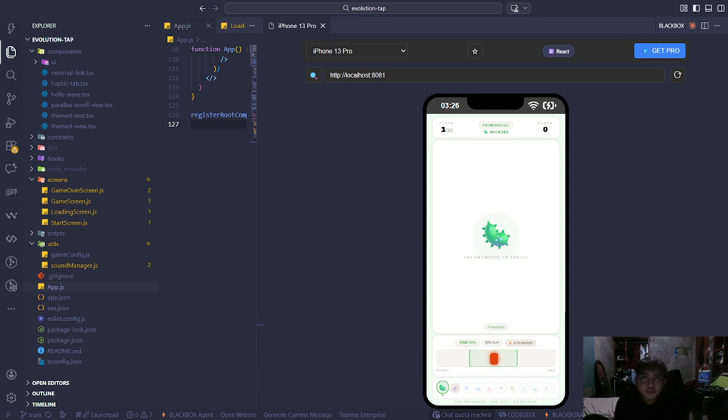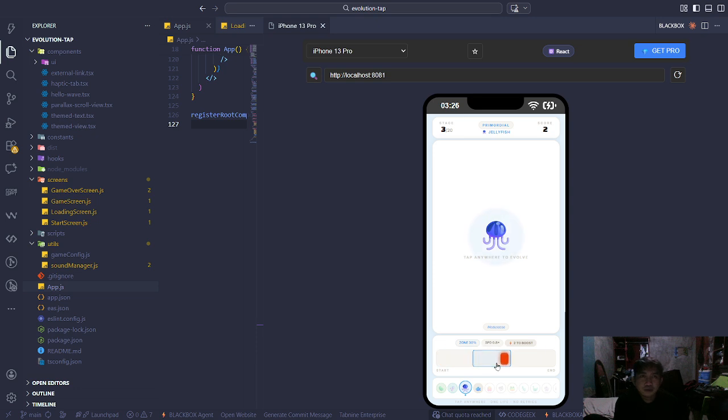So this is the core mechanic. You see a bar bouncing left and right. That colored zone is your target. So you have to tap the screen at the exact moment the indicator is inside it. Hit it and you evolve. Miss it and your species is gone forever, so no retries.